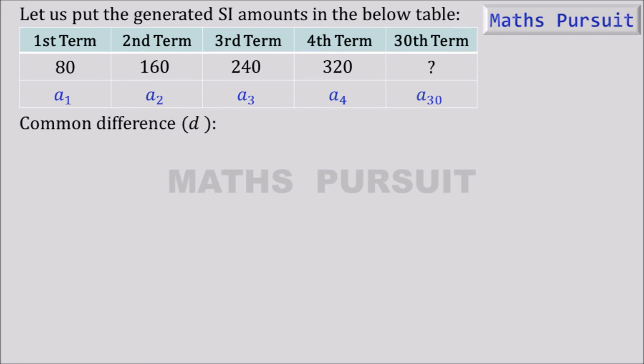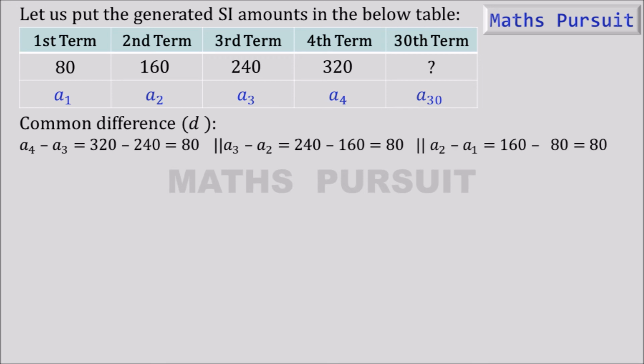Guys, it is very well known that in order to find out if it is an arithmetic progression, we need to find out the common difference. As per the arithmetic progression, we need to find out the common difference from the end. So for that reason, here we are finding out the common difference from the fourth term. Fourth term minus third term, that is equal to 320 minus 240, that is equal to 80. And similarly, the common difference between third term and second term, that is A3 minus A2, is equal to 240 minus 160, that is equal to 80.